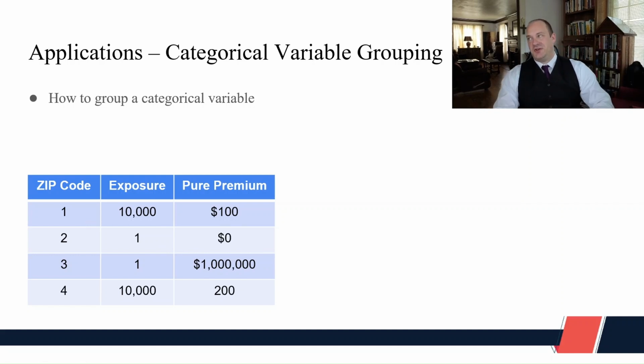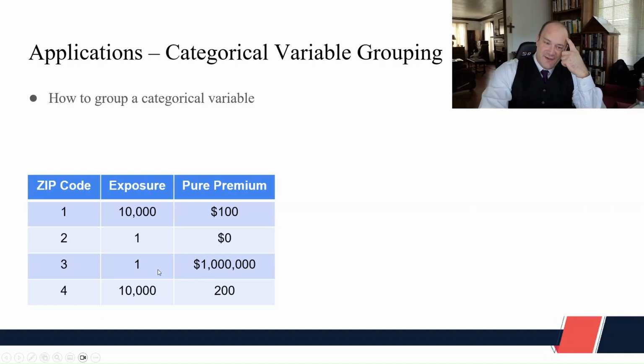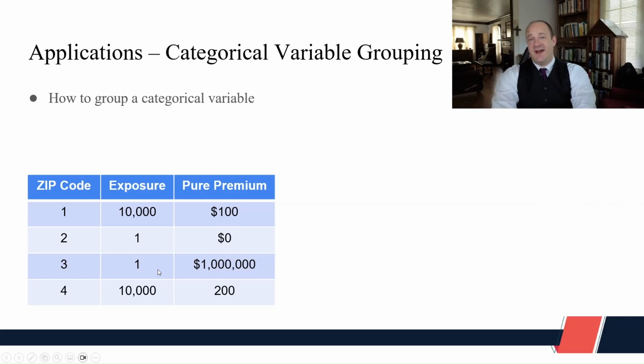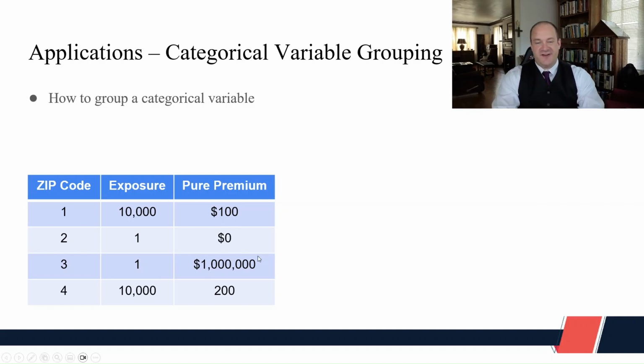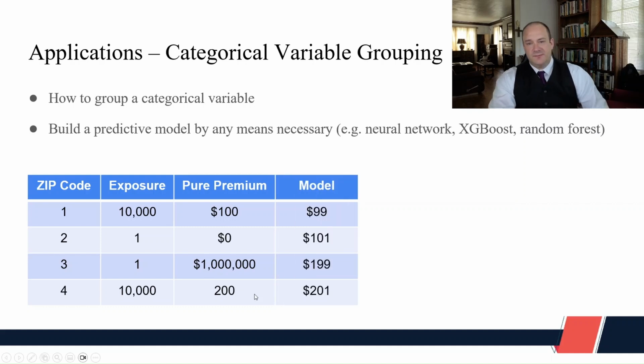Does that mean that everyone in zip code 2 gets free insurance? Is that what we're going to do? Then in zip code 3, we insured one guy, and he had a $1 million loss. So now everybody in zip code 3 has to pay $1 million. And then zip code 4, again, a lot of exposure there. Average loss about $200. Okay, so well,